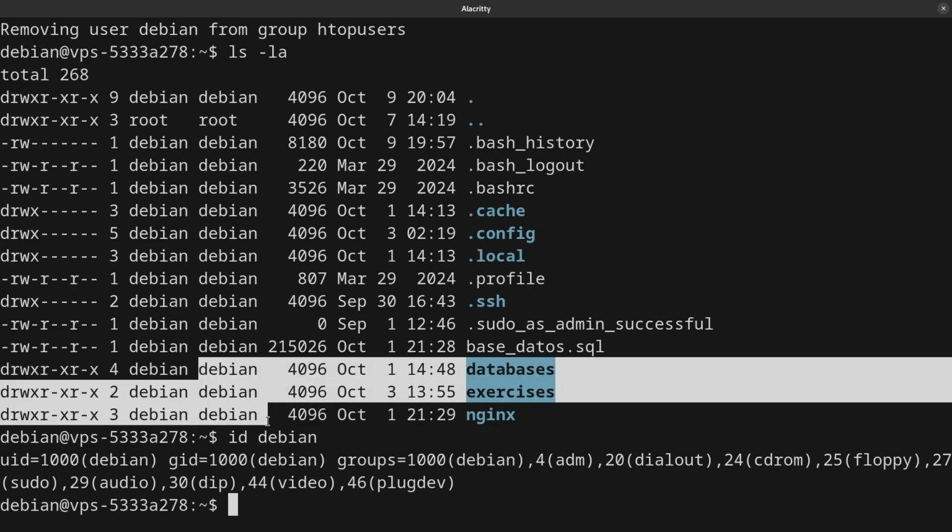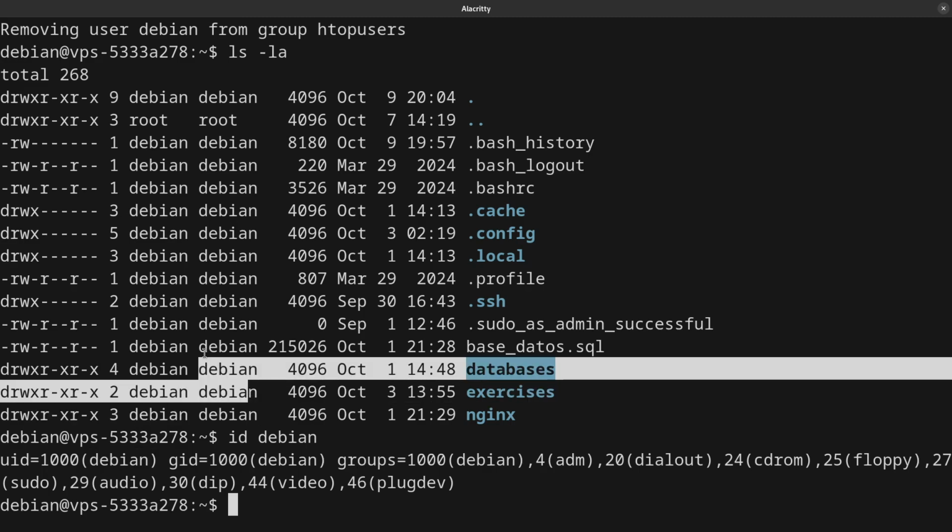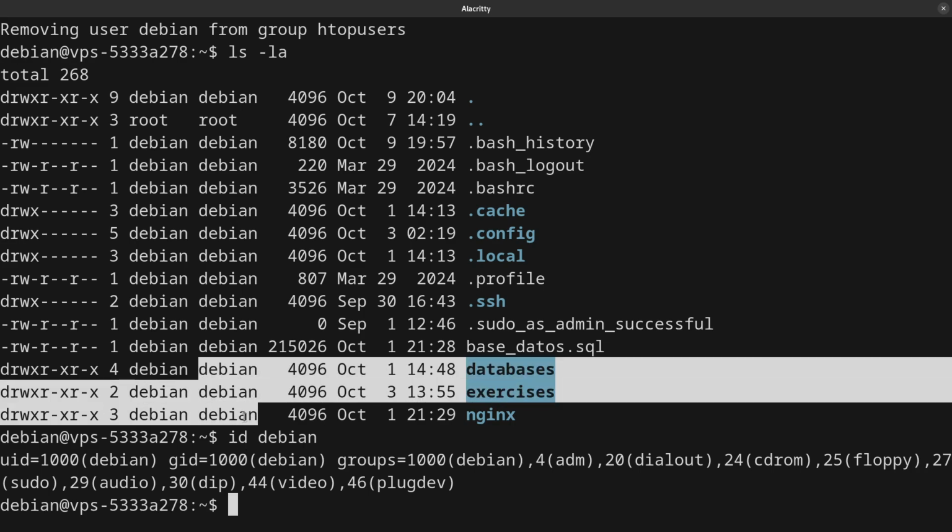So all the files and folders I create will keep that group. But if I change my group to htop and I assign htop as primary group, all files and folders I create will use that primary group